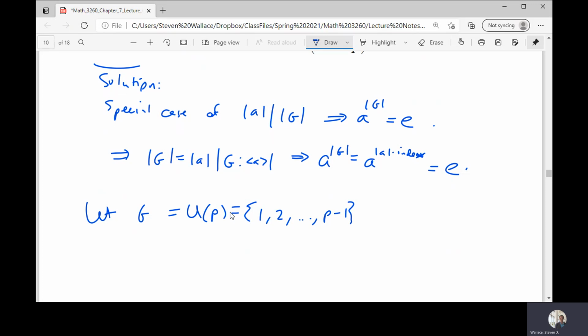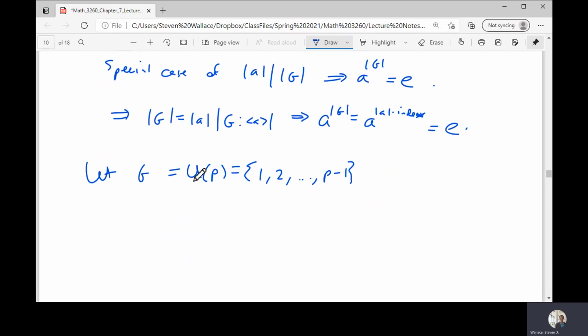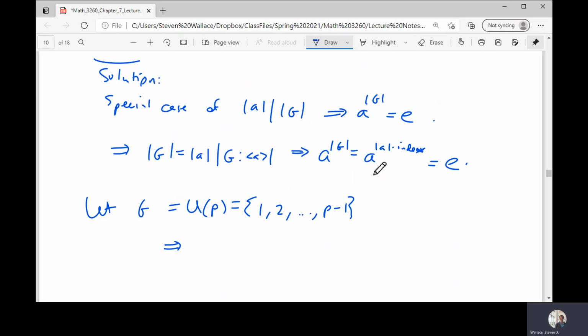This is, of course, because P is a prime. So the unitary group of a prime has size P minus 1. And so this means that